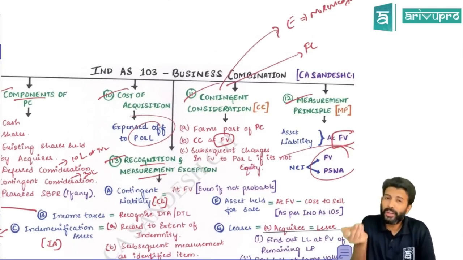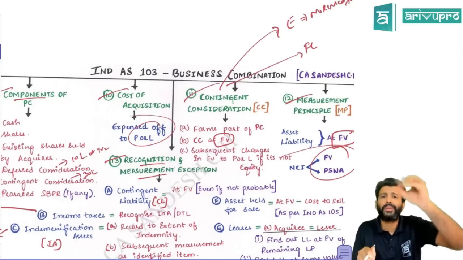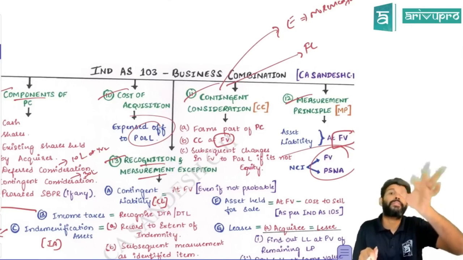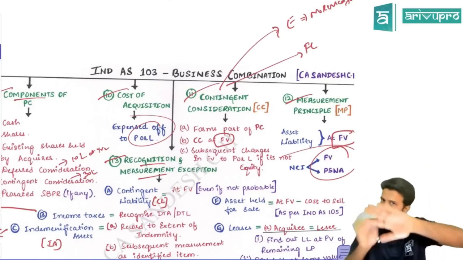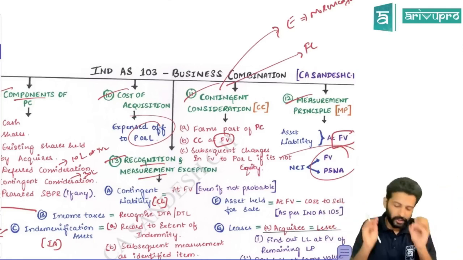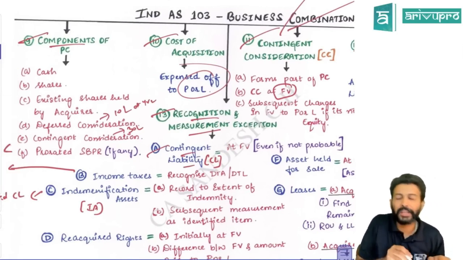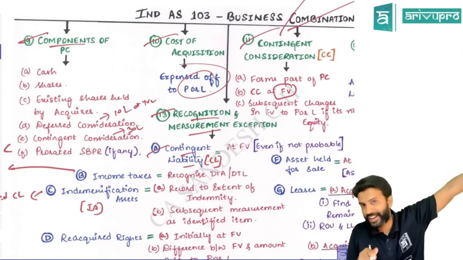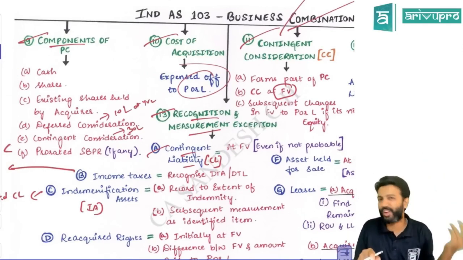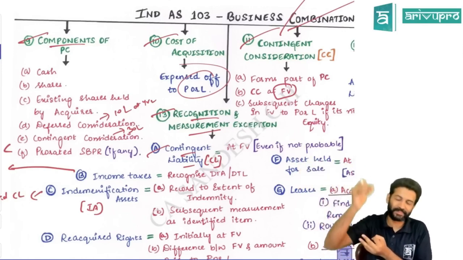All right. Normally, what is the simple rule? All the assets and liabilities of the subsidiary company should be recorded by the parent at fair value on the date of control. That is the normal rule. To this normal rule, there are some exemptions or exceptions. So let's see that. One is contingent liability. So what is this contingent liability? Sir, you already studied in CA Intermediate, AS 29 maybe, Ind AS 37 maybe. We have not yet done. We will do it.